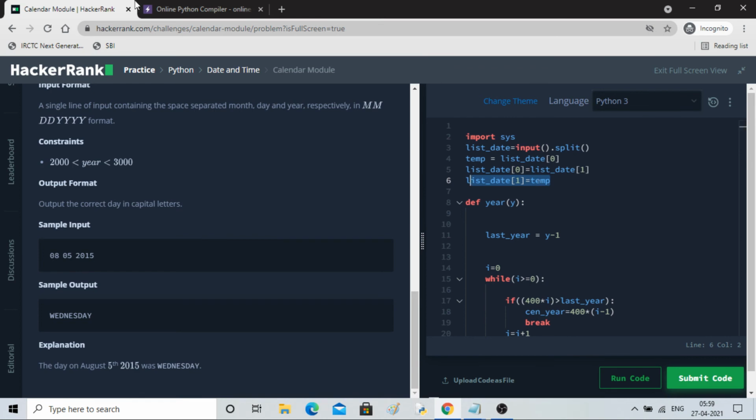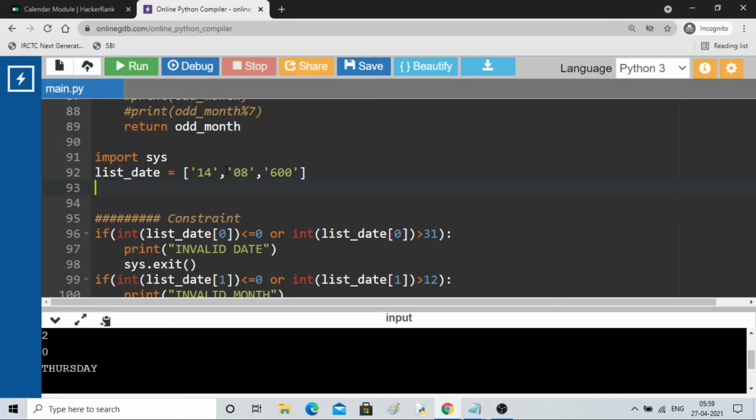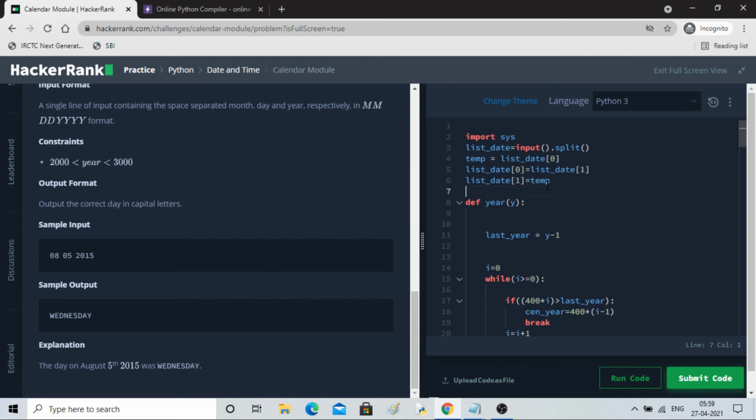So it's like flipping: I took this one and stored it in temp, then I took this one and stored it in this position, and this position is vacant, so I took it from temp in the last line. That's how I'm flipping it.